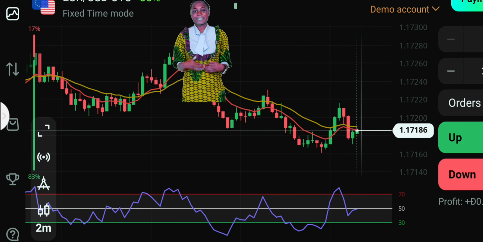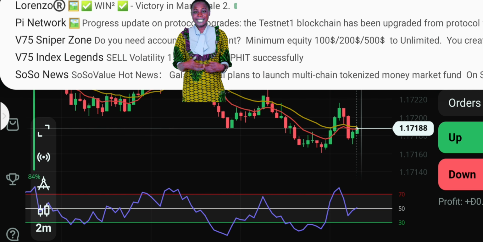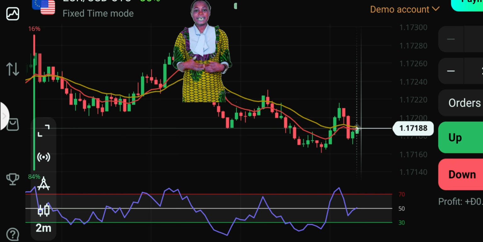There must be 2 confirmations. You take a trade when EMA 21 cuts across the EMA 9, and the 2 moving averages are a bit far from each other and they are pointing downwards or upwards. Now, the second condition is that if you want to take a sell, the RSI 6 must